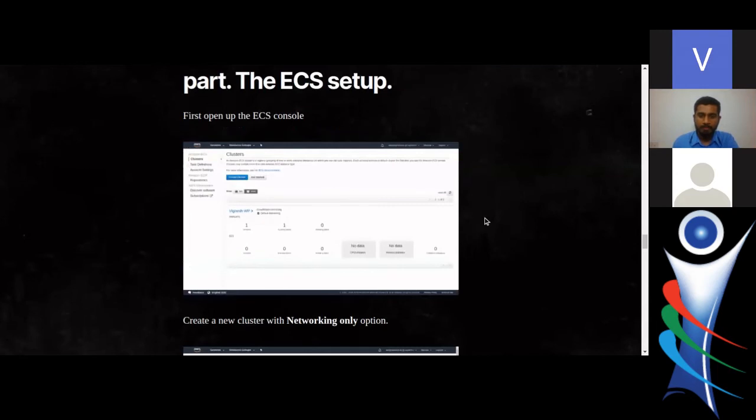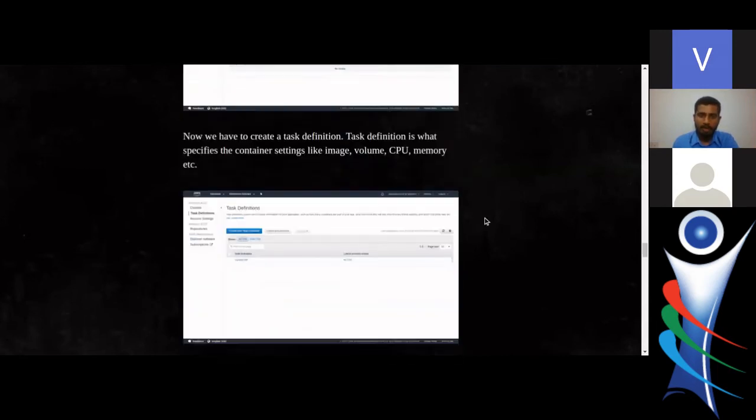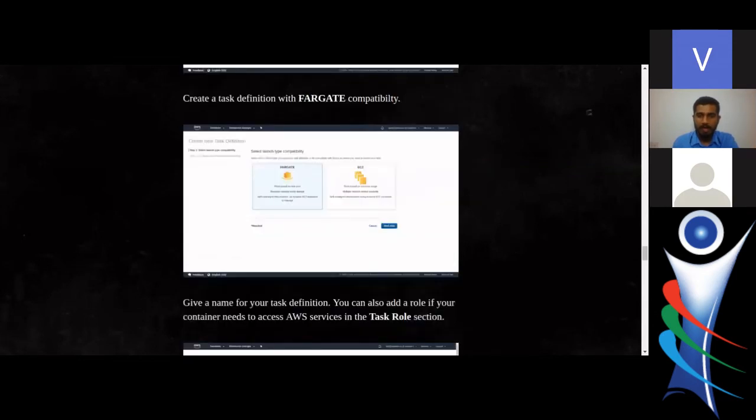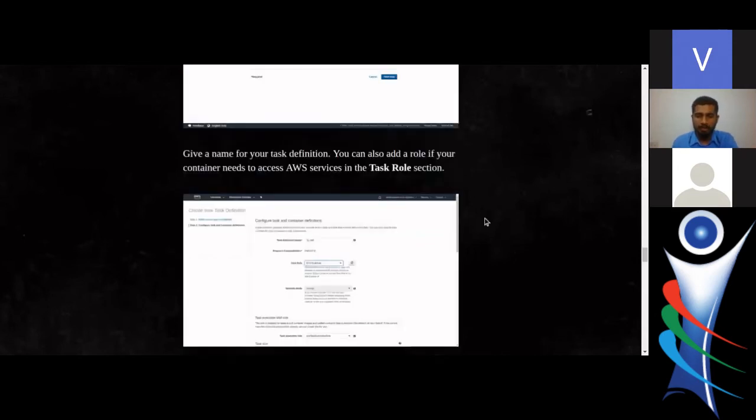So in ECS, we first create a cluster, and then after the cluster, we are actually using Fargate. There are two types of deployments for ECS. One is Fargate, and another is EC2. If you use EC2, that becomes a server environment, so that defeats the purpose of this setup. So what we use is Fargate because the backend host is managed by AWS. So we don't have to worry about any security issues or vulnerabilities. That is entirely managed by AWS.